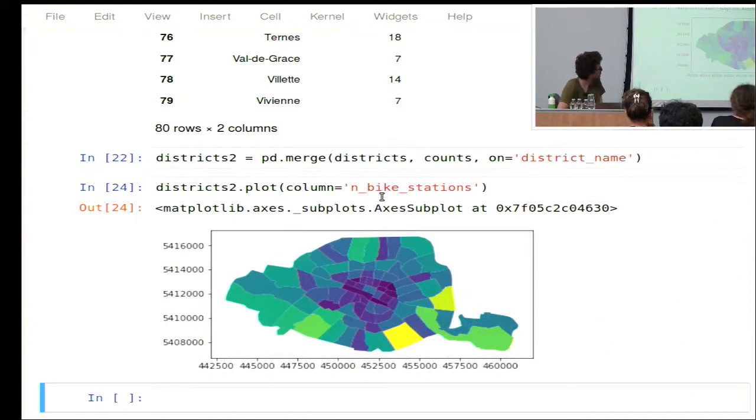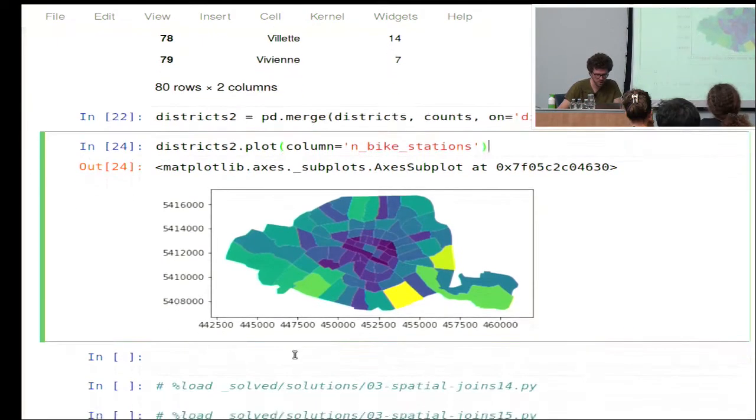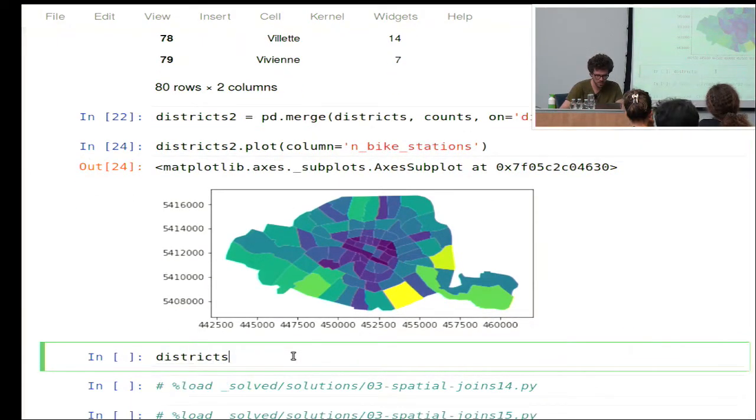So like this. But of course, there are some districts with a much bigger area than others. So to make a fair plot, we need to create a new column, or we need to calculate the relative number of bike stations compared to the area. The area we already have seen. We can access this with the area attribute. So the number of bike stations, and we can divide that by